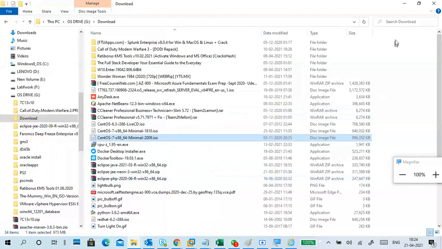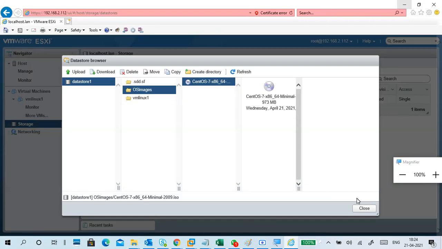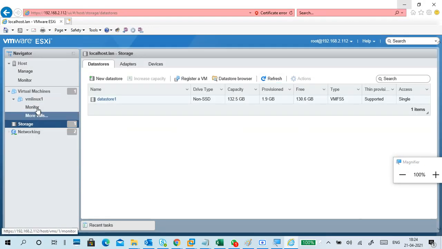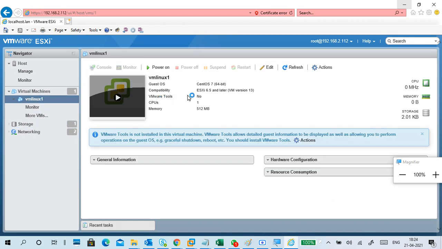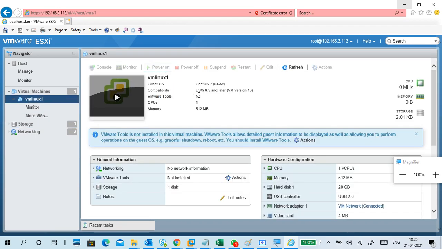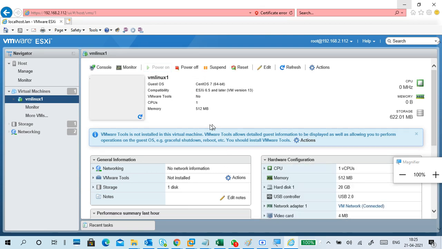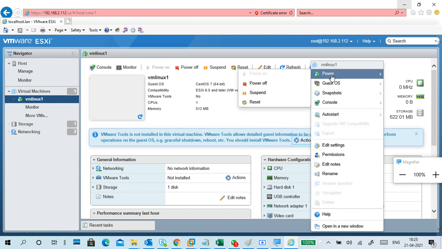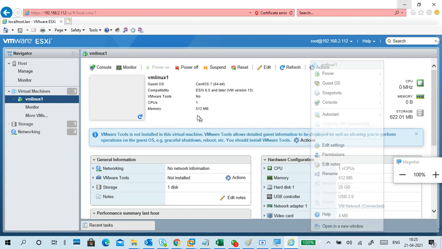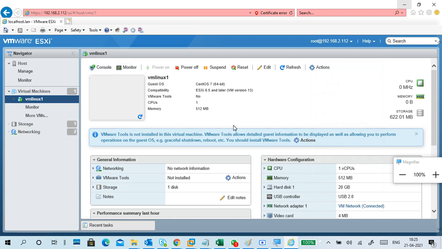Yeah, exactly 973. The image is uploaded. You can go to your virtual machine. This is the virtual machine. Power on the virtual machine. Now the machine is on.